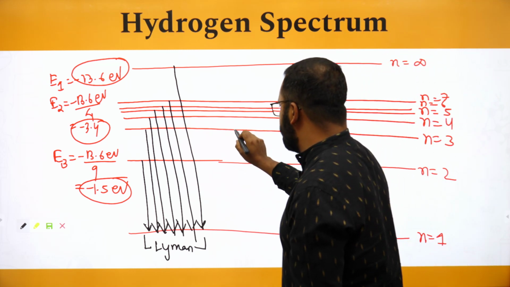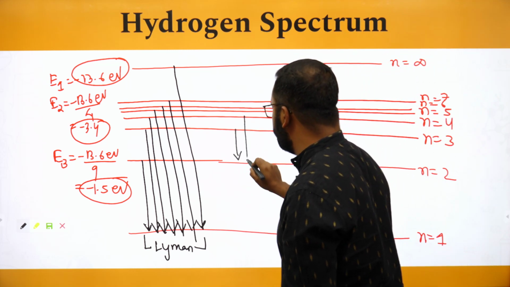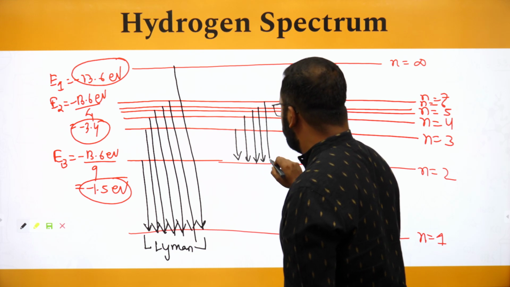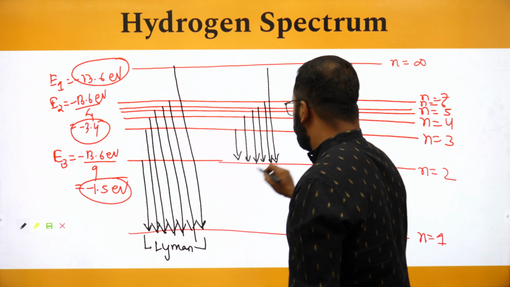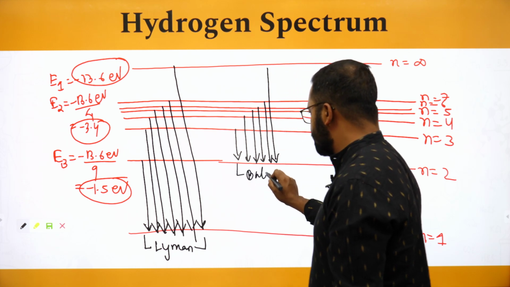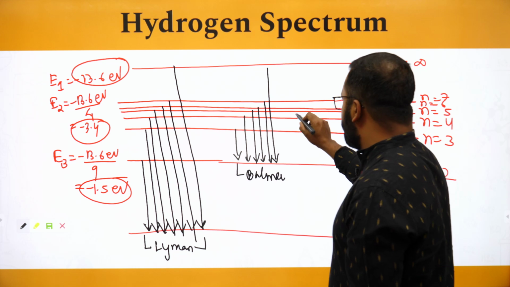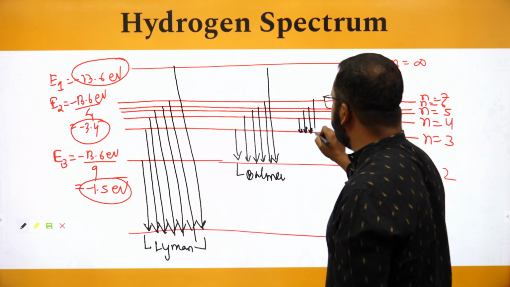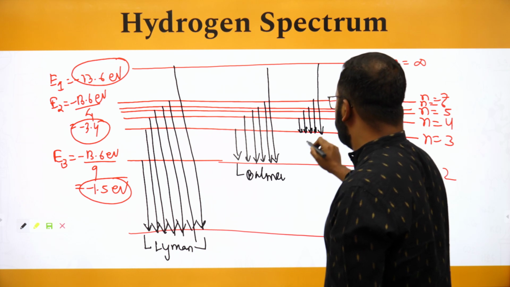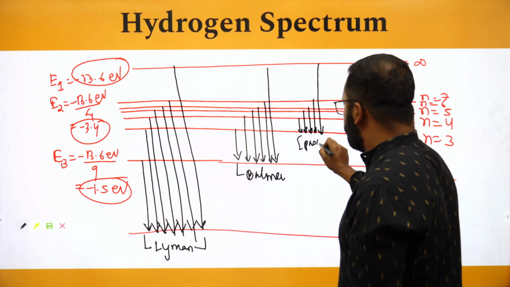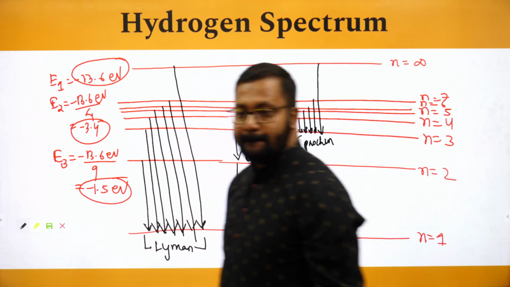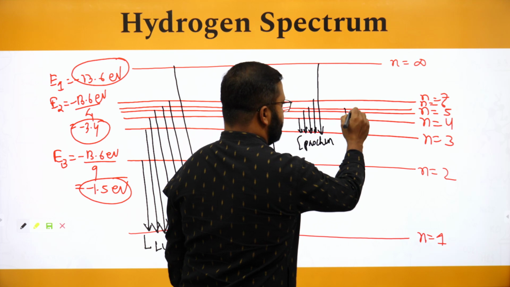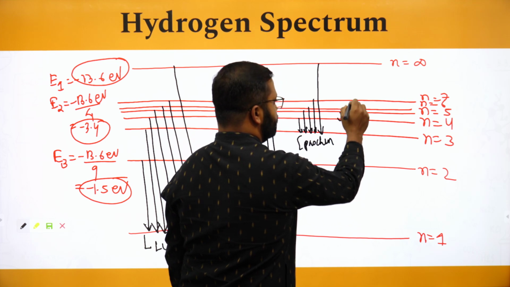If all transitions take place to the second energy level, they'll create the Balmer series. All transitions taking place to the third energy level, Paschen series. All transitions taking place to the fourth energy level,